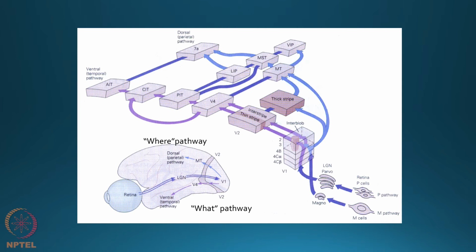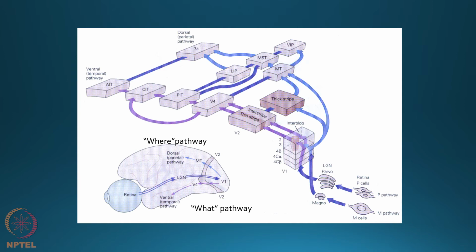This is also called the primary visual cortex. Then from V1 they have fibers which project in two different directions. It goes to V2, which is the secondary visual cortex, and from V2 it diverges along two pathways. One pathway goes to another area called MT and so on into the parietal areas,